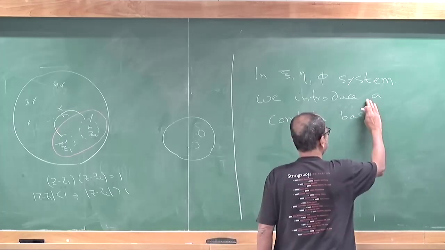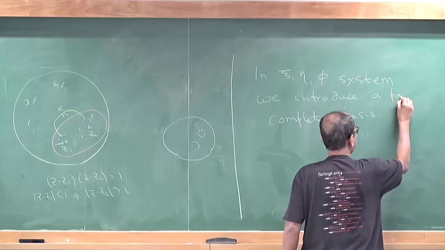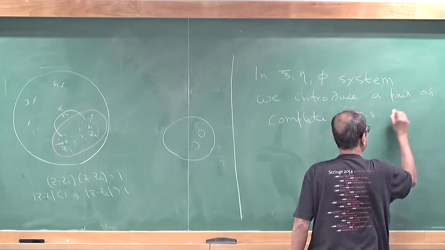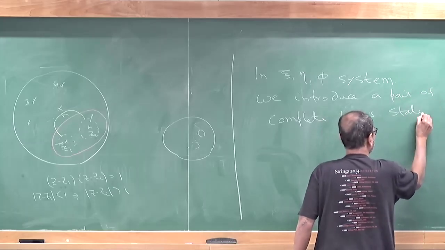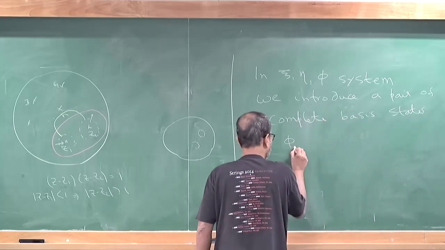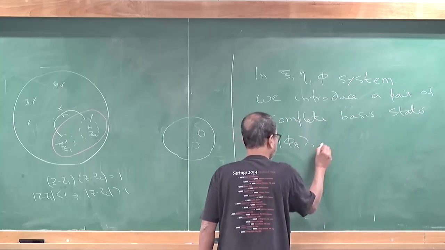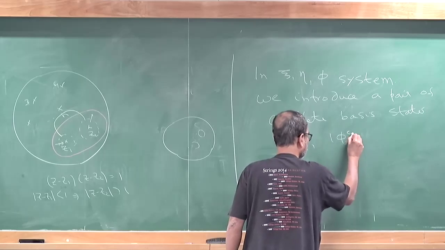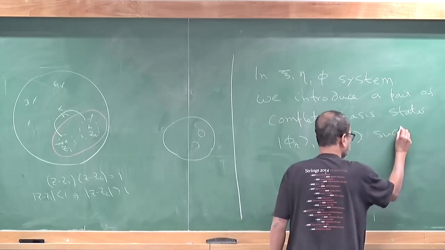Two complete bases, in fact, a pair of complete basis states, phi r and phi rc, such that